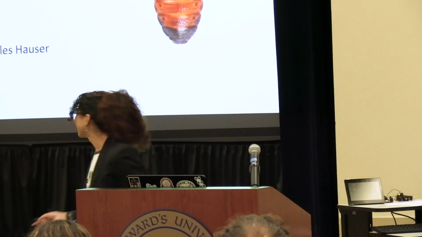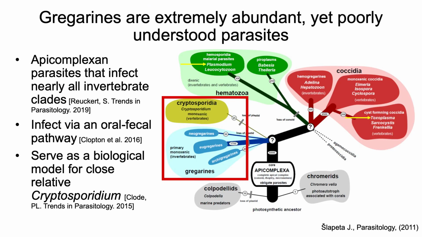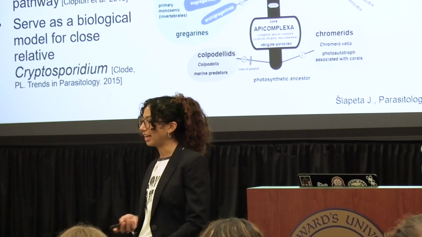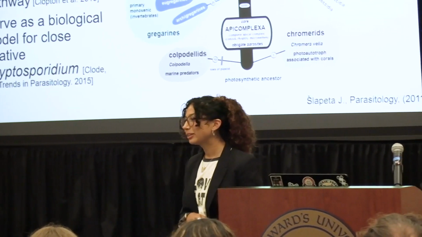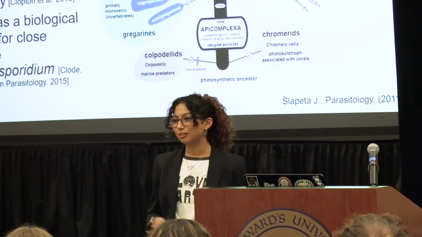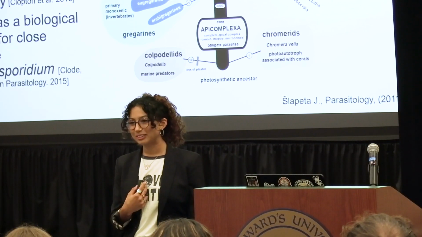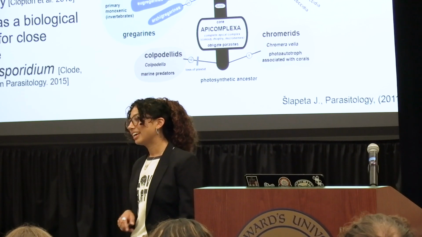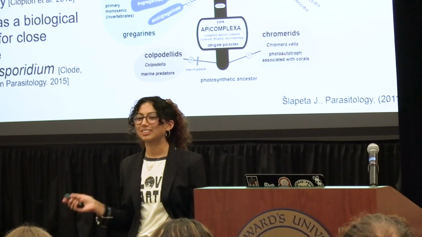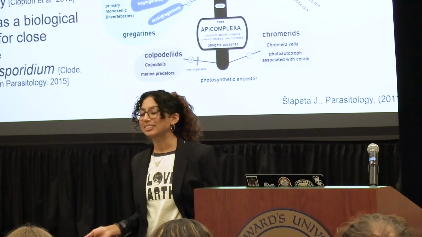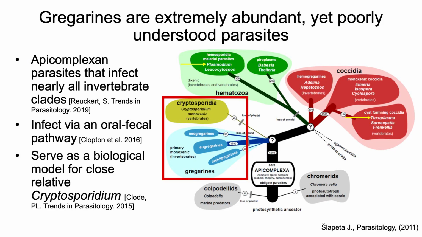Hi, everyone. So to start, I am studying a parasite known as gregarines, and they are a part of a phylum known as apicomplexans. Apicomplexans are numerous infectious parasites, and gregarines in particular infect nearly all invertebrate clades, so they're found in almost any bug that you can think of. The gregarine species that I focus on is Lauricola migrator, and they infect hissing cockroaches, so that's our host for today.